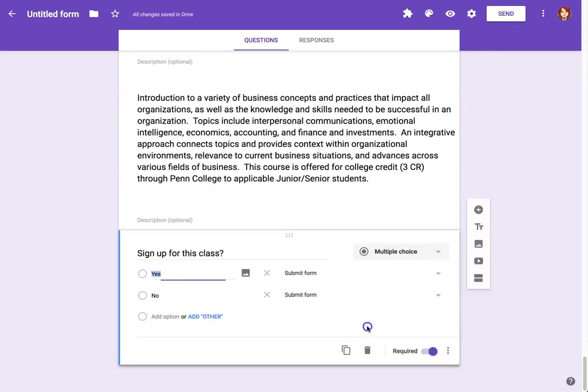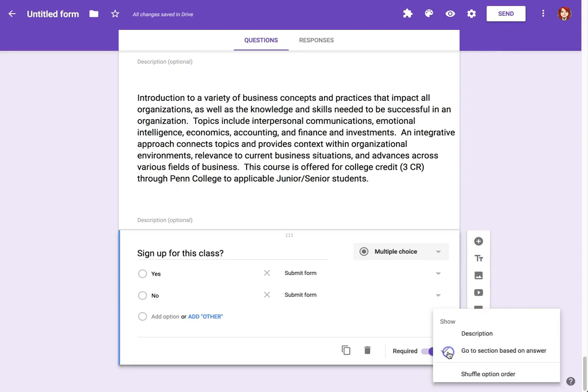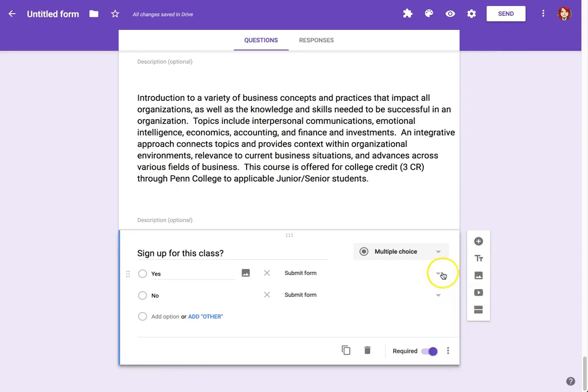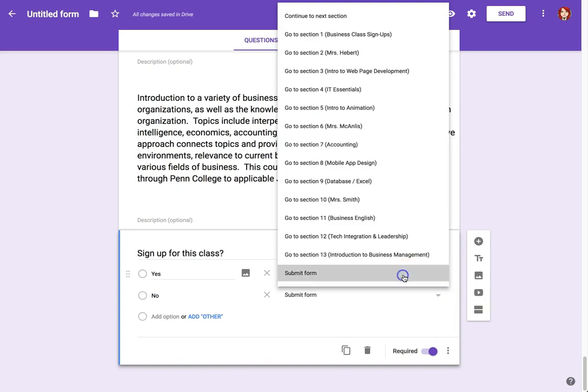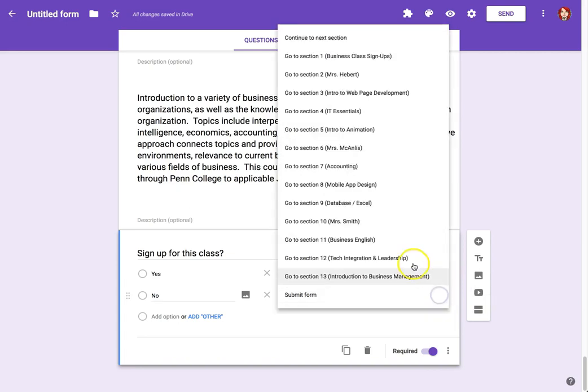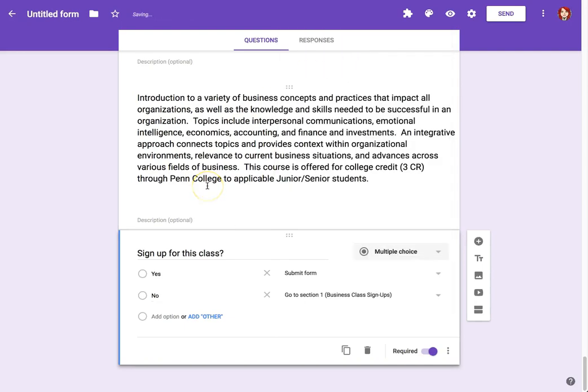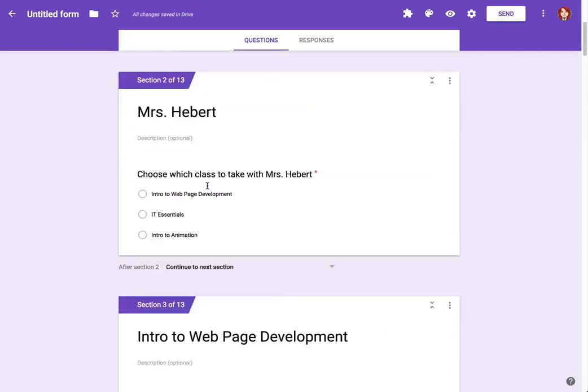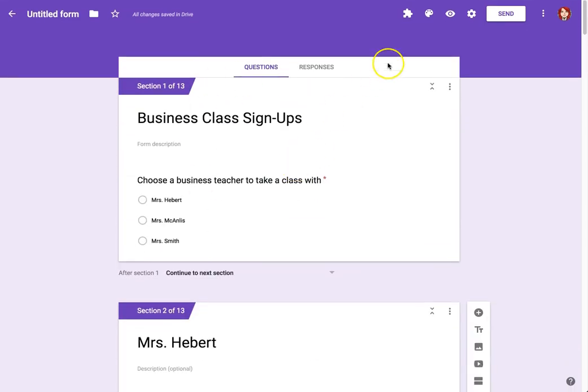And then the last one, again, I click in the class, I go to the hot dogs, go to section based on answer is chosen. So for yes, they're going to submit the form. No, they're going to go back up to the business class signups. So now I think I've got this pretty well laid out. So now it's time to test it. So I'm going to go to preview